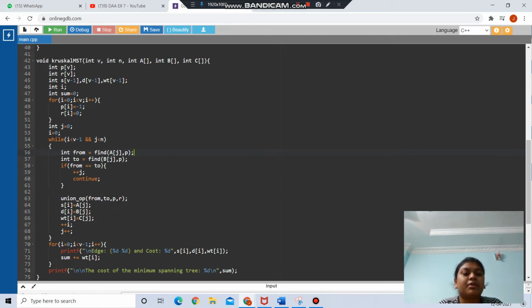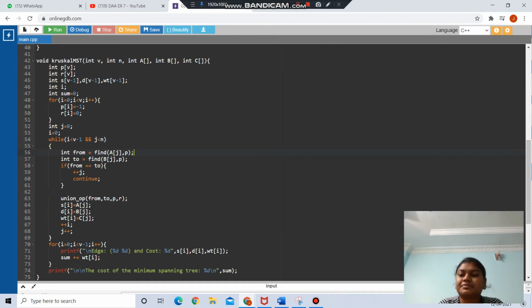And here if from equal to to, then ++j and it will continue. Then here I have given union_op. Inside this I have given from, to, p, r. Then here it will be s[i] equal to a[j], and d[i] will be equal to b[j], and wt[i] equal to c[j], and i increment, j increment.